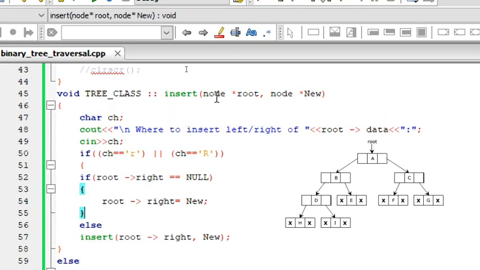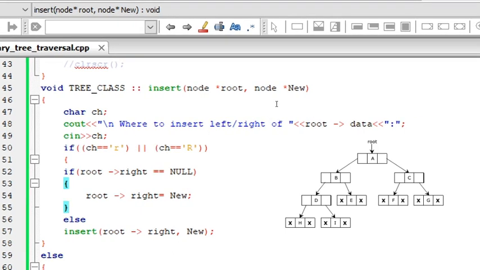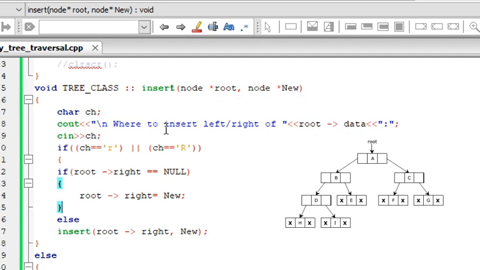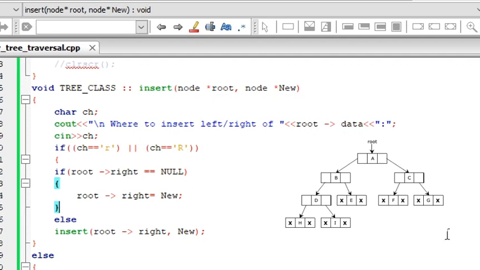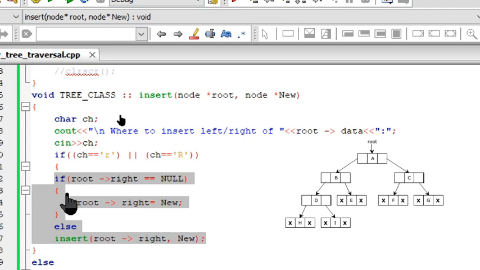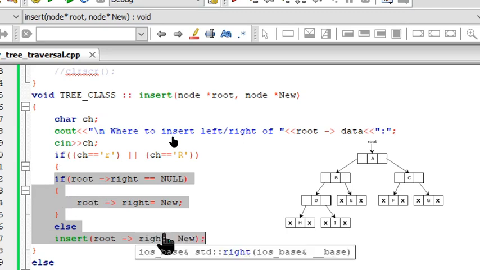Again you go with root points to right. Root points to right means the right side below. After the right side you may have some other node. That node's name will be brought over here, and the new node. And again it will check in that particular subdivision whether you want to go left or right. If you are pressing right, again look for it, or else again go for insert. So it will keep on rotating. So this is a nested if else condition. That means you can go to the right side, right side, right side, right side. You can go to the depth of the right side of your existing tree structure.